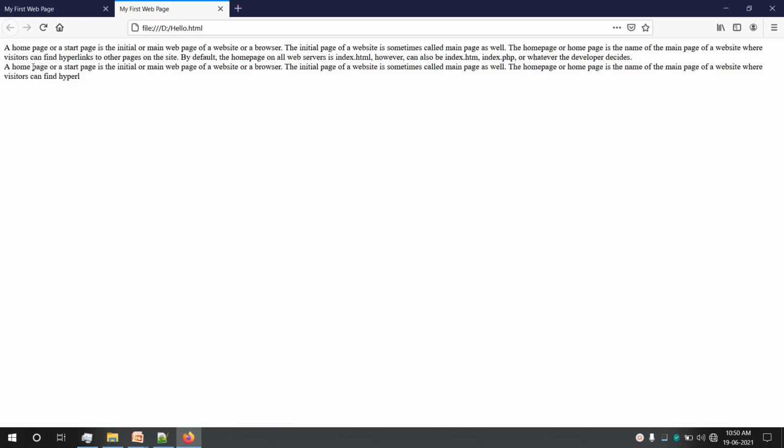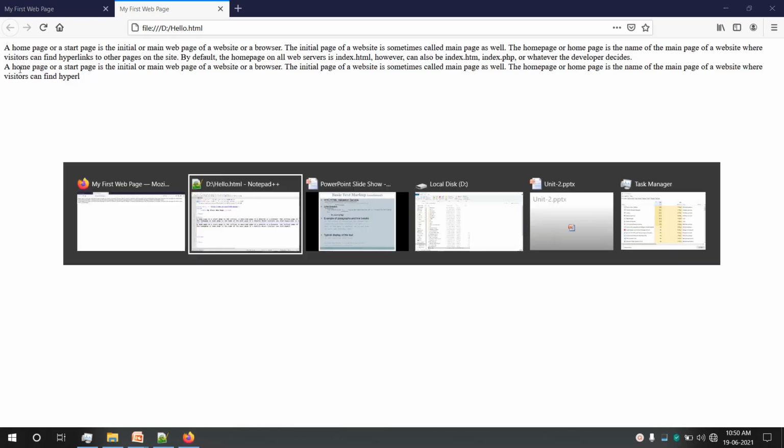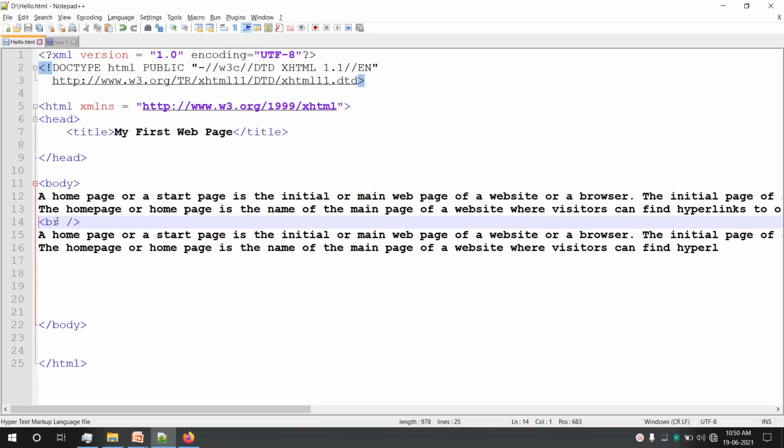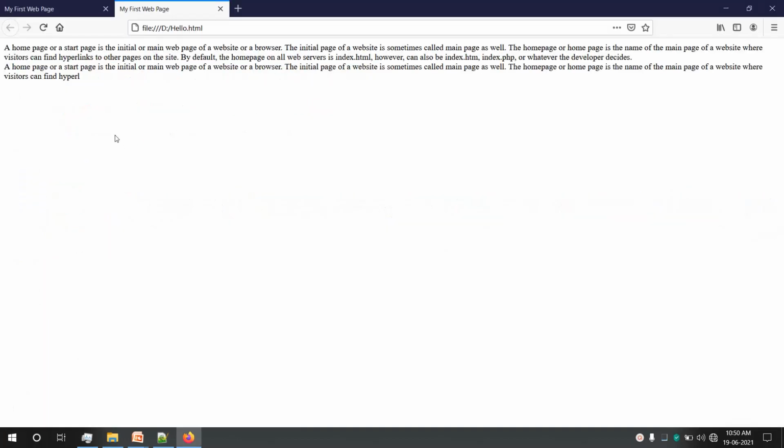But in case of paragraph tag, if I use a paragraph tag, now go back to the code. Now you can see this is the break tag in between which has been used. I have removed even the paragraph tag for the first paragraph, because whenever I add a paragraph for the first also, it inserts a new line at the beginning and new line at the end also. Now for better understanding, I have removed a paragraph from there. I have inserted a break tag in between these two paragraphs, and the output of that is this.